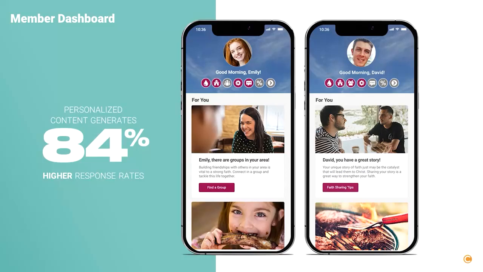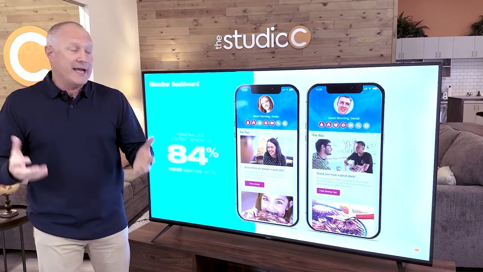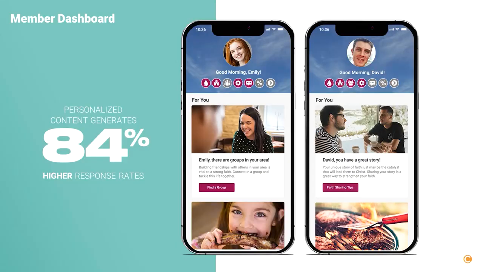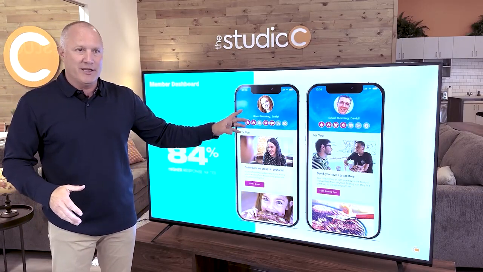We have this third section, we just like to call it news and events. You may have a message you want to send out to the entire congregation, like go to the barbecue this weekend. But you're going to want to create that in a way that it converts at the highest level. So Emily's going to get imagery and copy that's unique to her. It may be family and friendly and fun. And David's going to get imagery around meats or sports or whatever it is that we think is going to help get him to go to the barbecue. Highly personalized, highly targeted messaging.